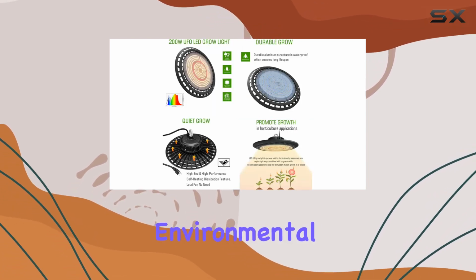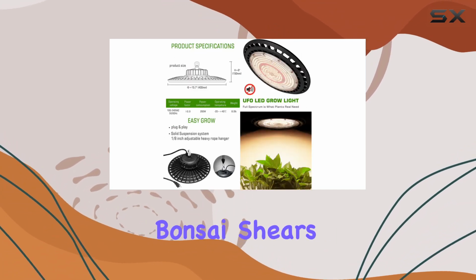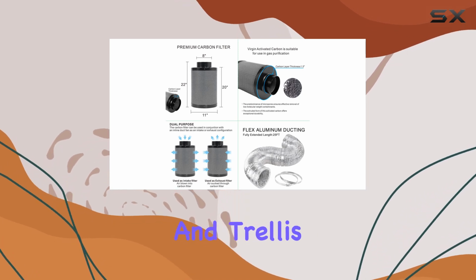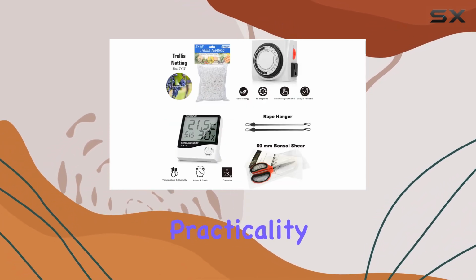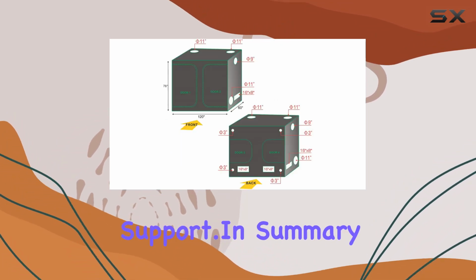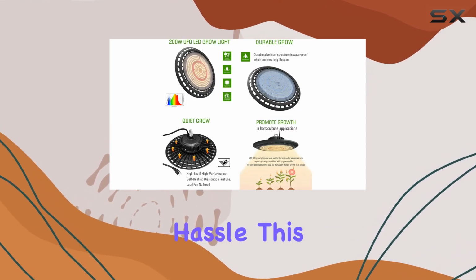For monitoring environmental conditions, the kit provides a humidity thermometer, timer, and even bonsai shears for plant maintenance. The inclusion of adjustable rope hangers and trellis netting further enhances the practicality of this setup, allowing for efficient plant training and support. In summary, if you're looking to create an optimal indoor growing environment with minimal hassle, this complete